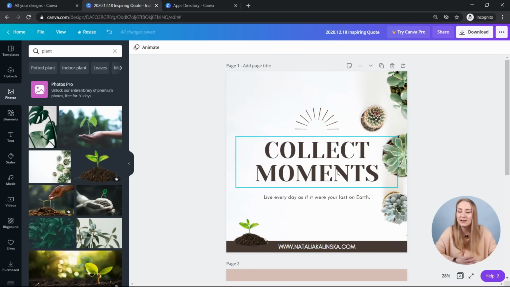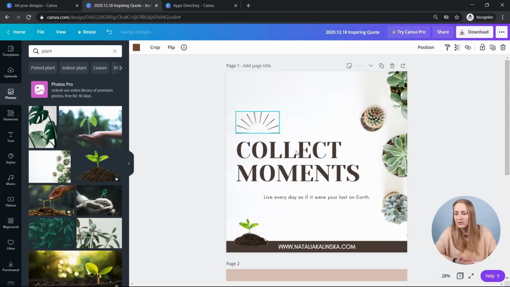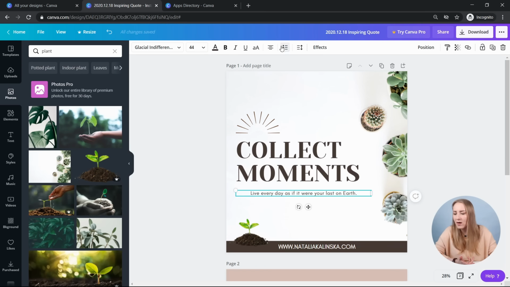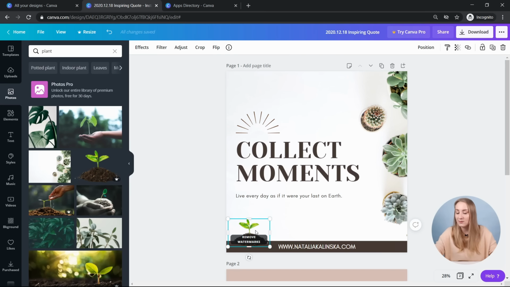I might actually want to align this to the left a bit more. This is how the process of designing works, obviously, you make it up as you go. You see what works and what doesn't work that well. But maybe, you know, this works a bit better. I actually have to remove that one. I really don't like that one.